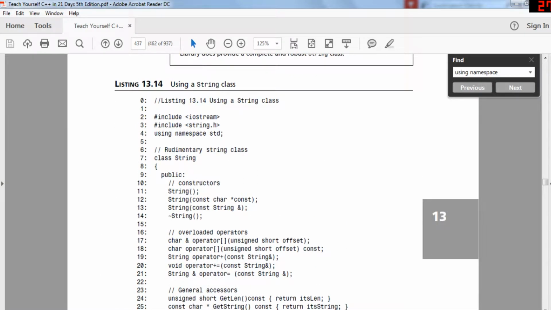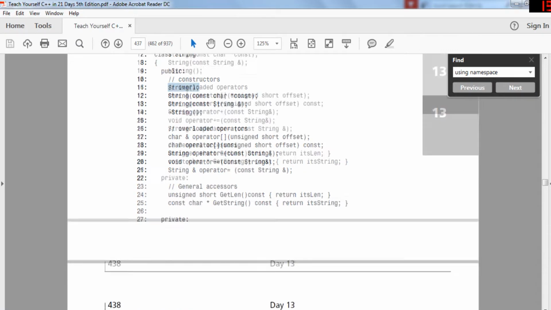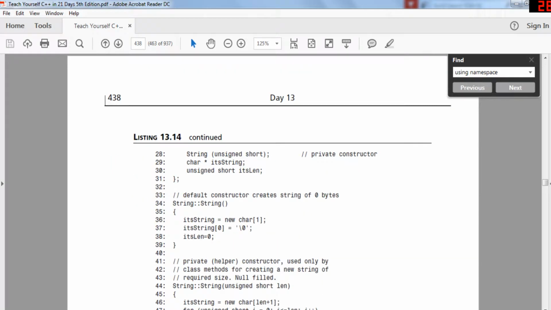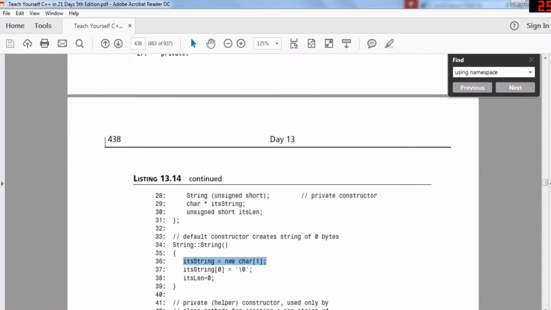They want to create a string object, a string class, right? They need a constructor. Well, the default constructor needs to initialize it with nothing, an empty string. If you don't have anything for a string, it should be empty. So for the default constructor, they allocated memory for one character, and they just added an empty string, the null character, and then they set the length